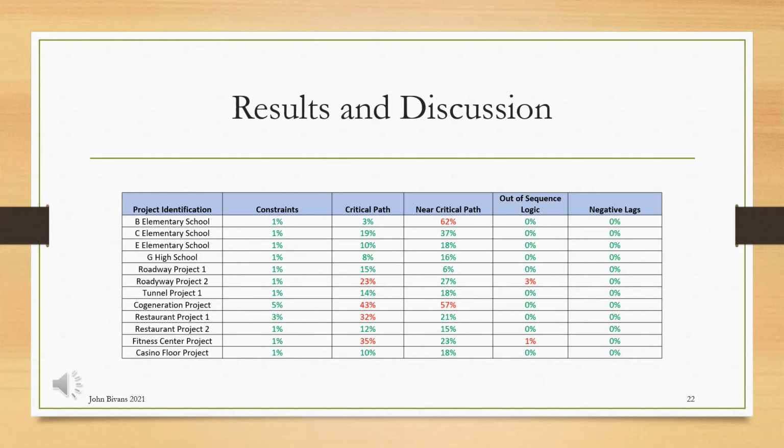In reference to the percentage of activities on the critical path, it should be noted that 4 schedules had a baseline critical path greater than 20%. A critical path consisting of more than 20% of activities is a good indication that the project is at risk of slippage with respect to time. The average delay of these 4 projects was 53 calendar days, well above the average of all the projects of